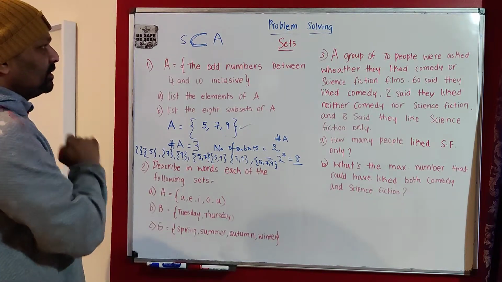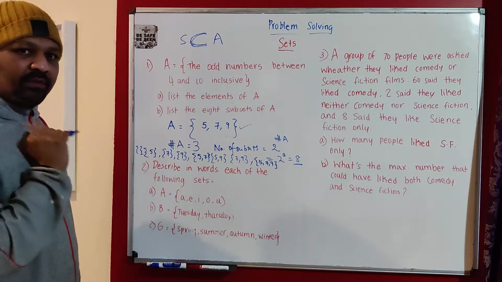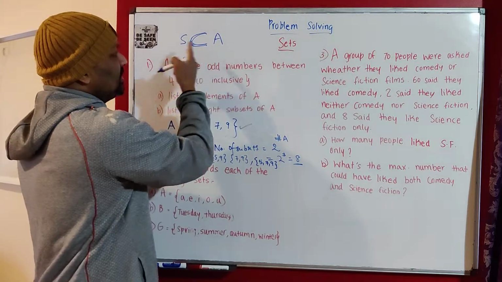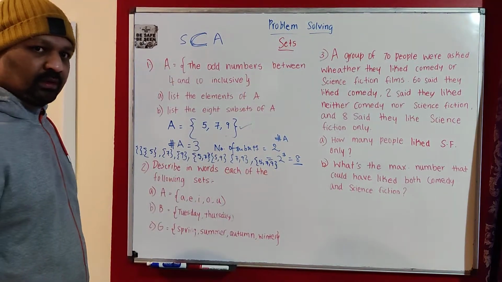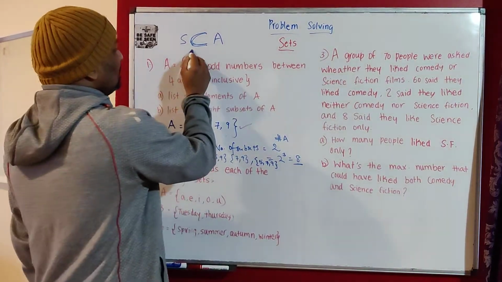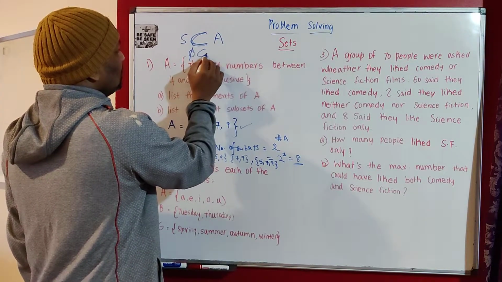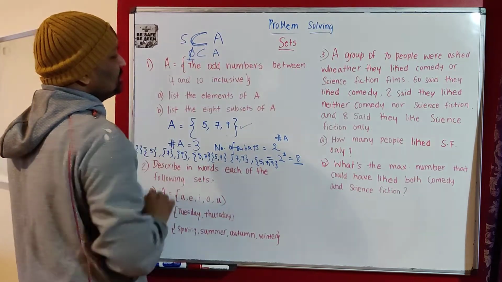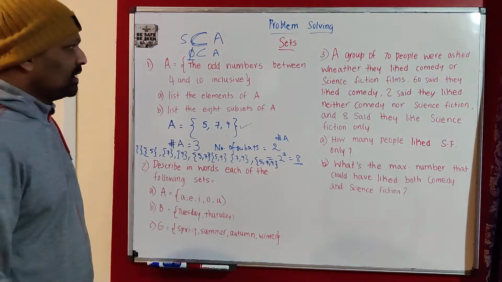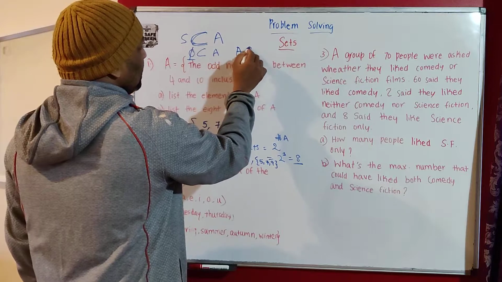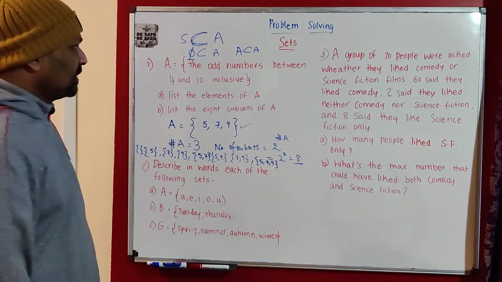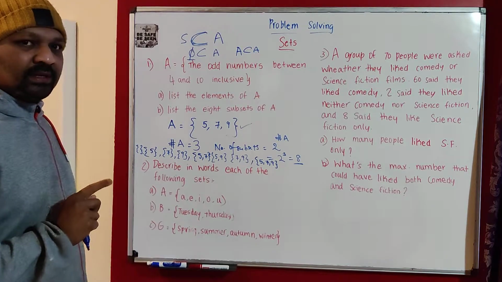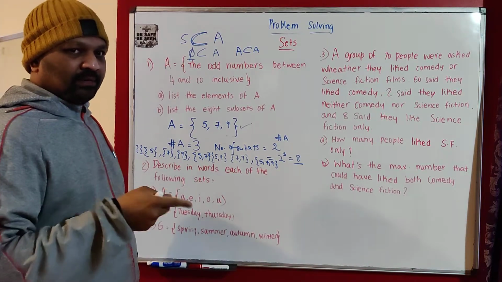When you write it, S is a subset of A. That's how you should read this one while writing; this is the symbol for subset. Similarly, null set is a subset of A. Null set is represented with this one. Or you can also write A is a subset of A. That statement is also true. The null set is a subset of every set, and similarly, the set is a subset of itself.